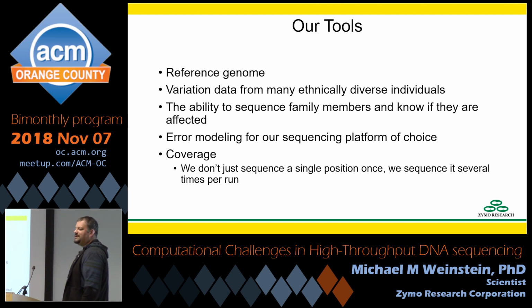Once you start reading about 10 times or more per site, and especially once you start getting up to 20, just about every site you'll have sampling from both copies, both mom and dad's, and you'll have enough that if the sequencer made an error, you'll have a good idea that that might just be a sequencer error.